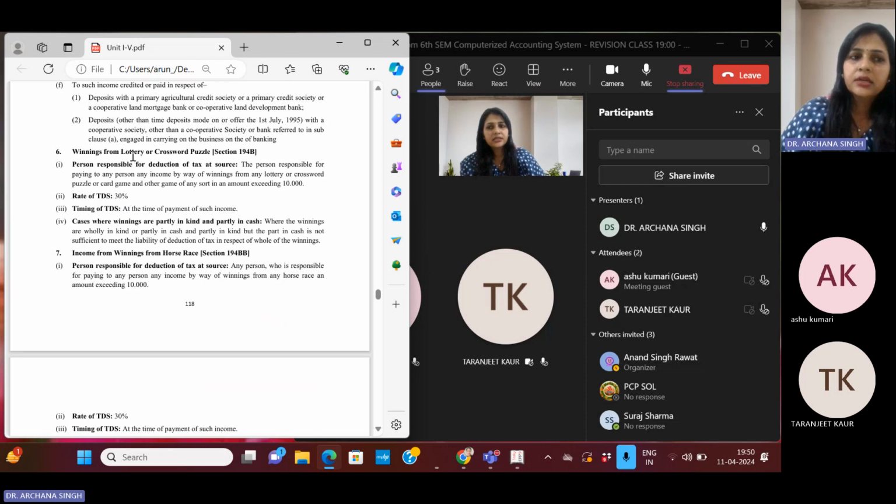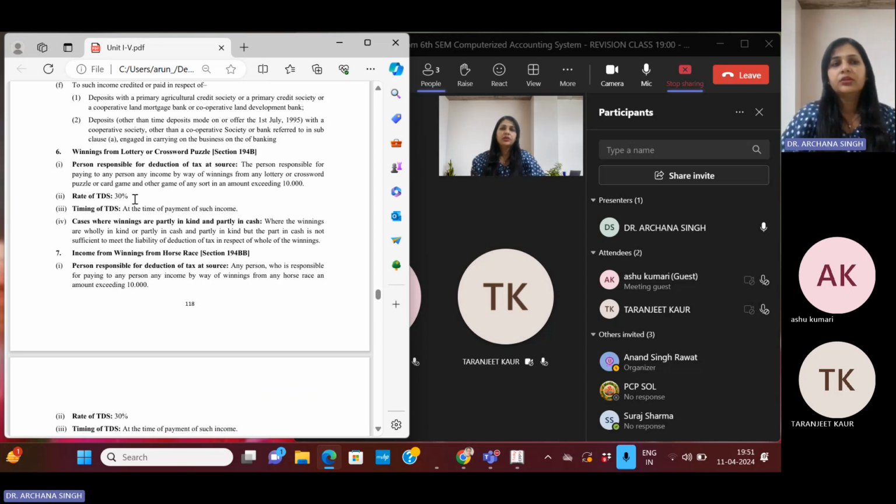And what it says, the person responsible for deduction of tax at source, who is the person जो भी पे करेगा किसी और पर्सन को इनकम बाय वे ऑफ विनिंग फ्रॉम लॉटरी और क्रॉसवर्ड पजल और कार्ड गेम और अदर गेम एनी सॉर्ट ऑफ इन अमाउंट एक्सीडिंग रुपीज 10,000. अगर 10,000 से ज्यादा का अमाउंट है वो, तो वहां पे आपका टीडीएस कट होगा और किस रेट के हिसाब से 30%. तो वहां पे रेट क्या होगा 30%. और टाइमिंग कब टीडीएस कटेगा जब आप पेमेंट कर रहे हो उस इनकम की।